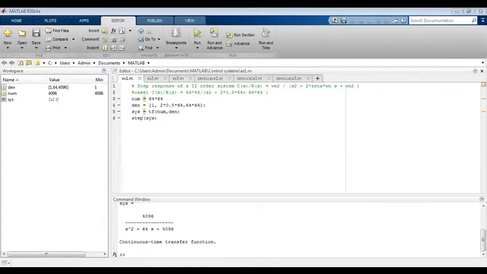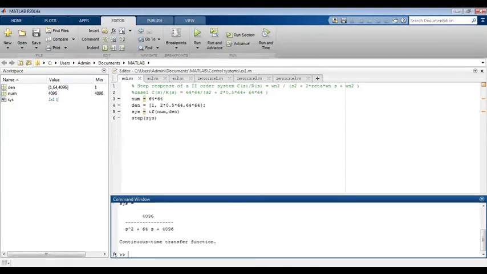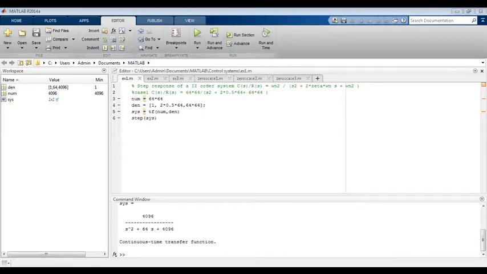Then on the diagram, again right click, go to characteristics. These are the time domain specifications you will get: peak time, rise time, settling time, maximum overshoot. All these things you have learned in your theory class. What are time domain specifications?